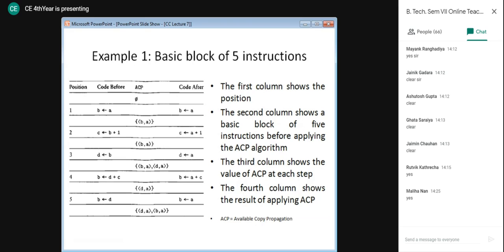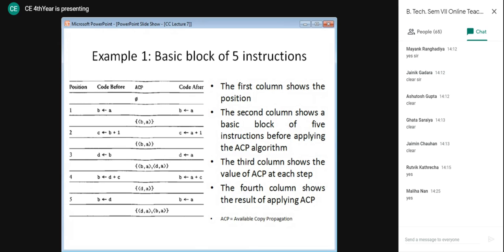Now let's move to the third instruction, wherein value of B is assigned to D. Previously, A was assigned to B, but A is not changed, nor B is changed, but now value of B is assigned to D. So we have one more addition in our ACP set. We already had B comma A, meaning A is to be put in place of B, so B is to be replaced by A. You can put it in any way. Now D is to be replaced by A.